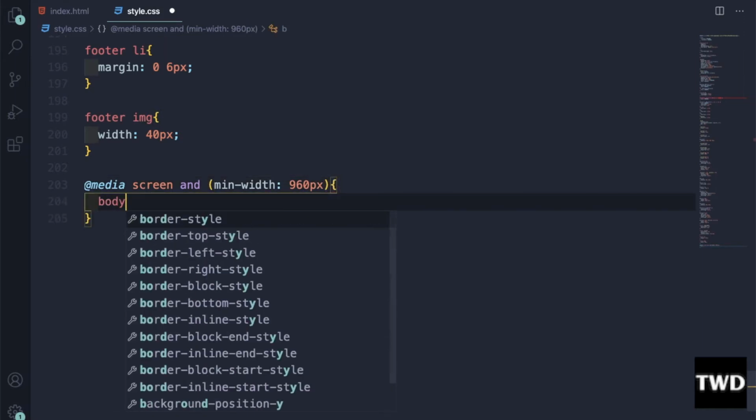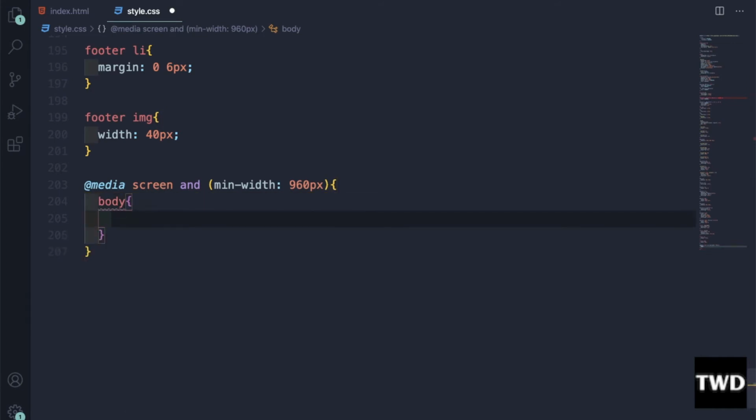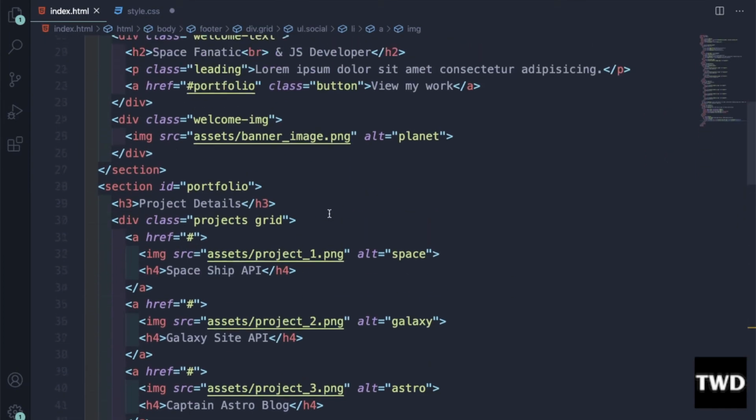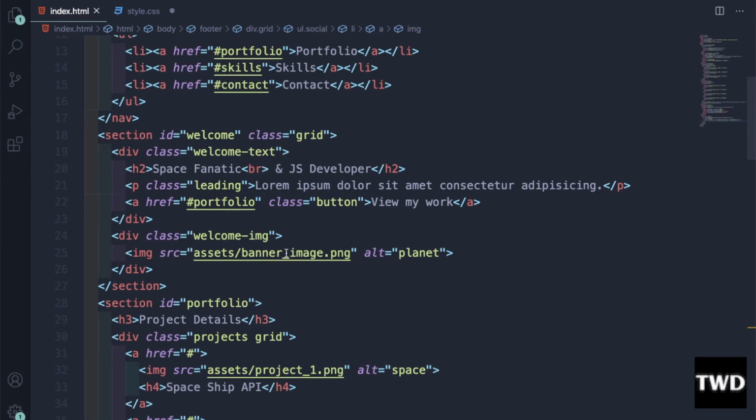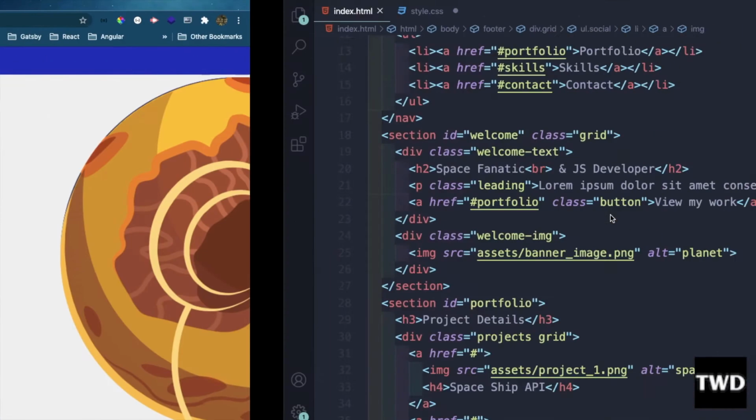Let the font size also increase a bit. By default it is 16 pixel. If you don't give it, the browser size is 16 pixel. Then what we are going to do, we are going to target the image because it is looking very big